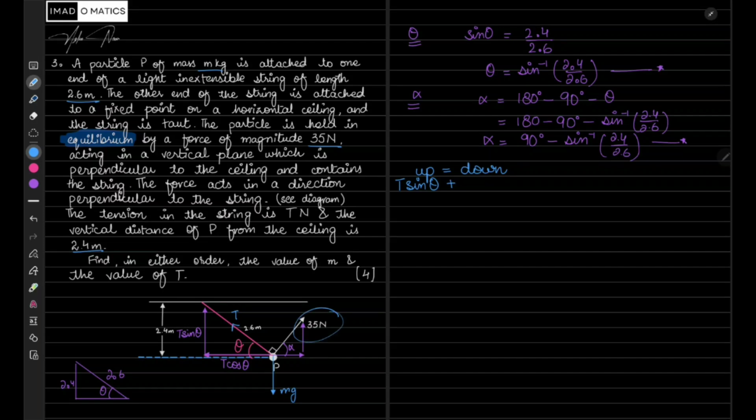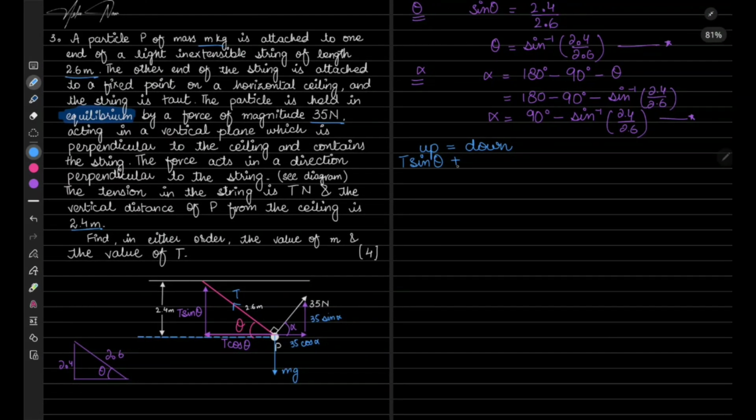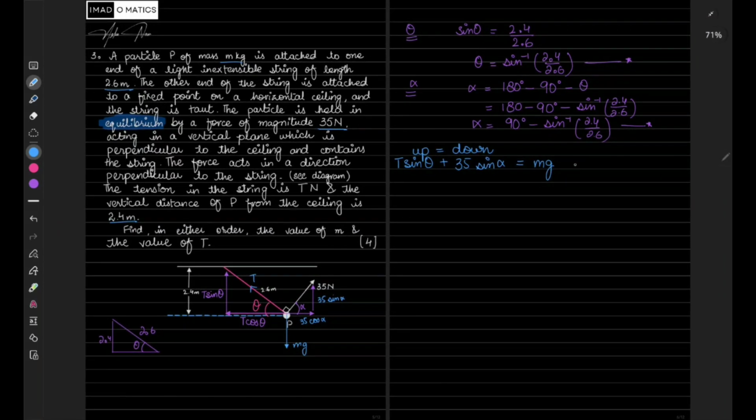Oh, I didn't write it here in the alpha form. So this is 35 sine alpha and this is 35 cos alpha. Okay, yeah. So plus 35 sine alpha and downward forces is mg, where g we will take to be 10. Okay, so this is your first equation